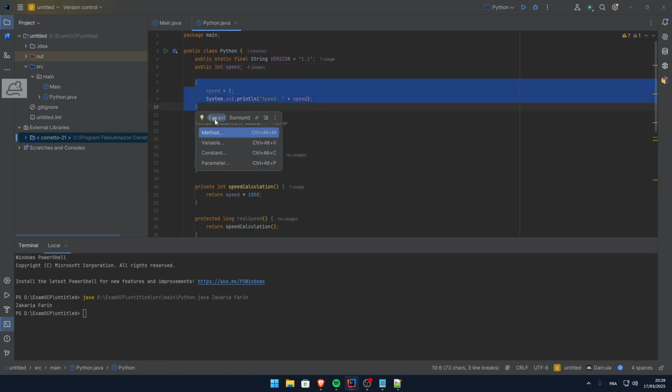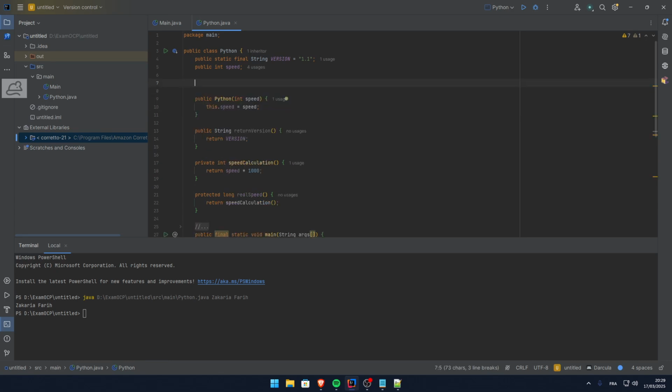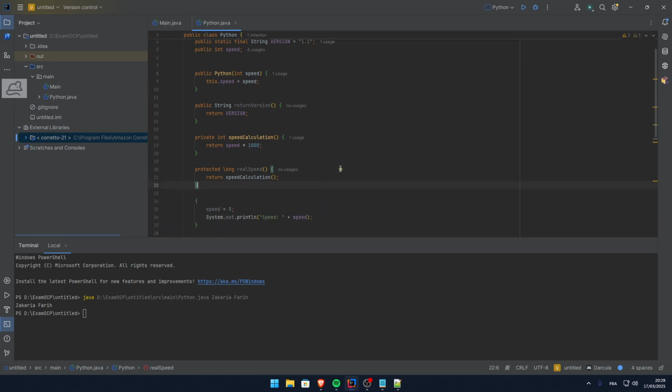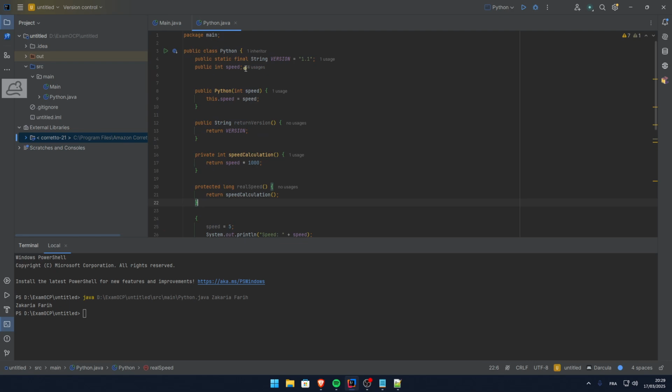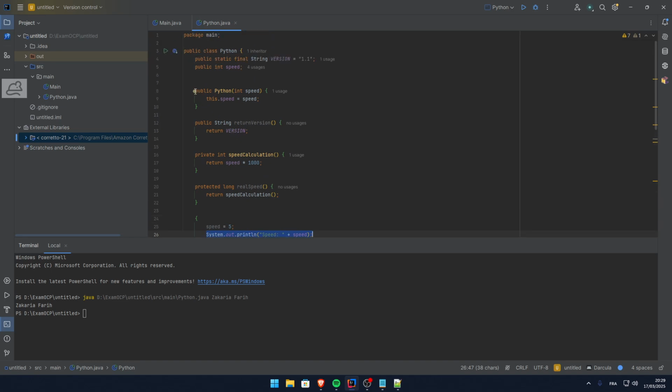Let's say this initialization block is at the end, not in the beginning. Well, it's going to search for it. It's going to run this, then go here, run speed, and have speed as 5. Then print out that speed as 5. Then go ahead and call the constructor, set the speed to the new speed, and then you have access to the